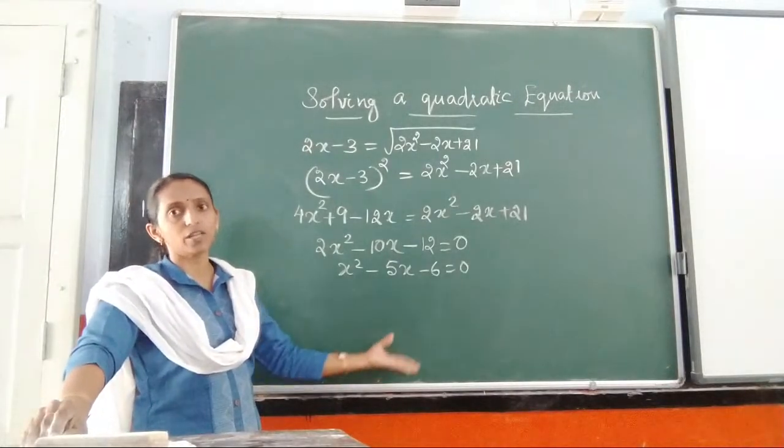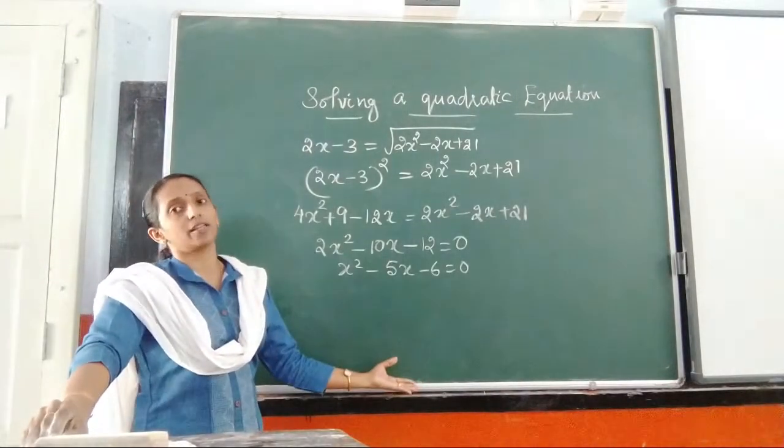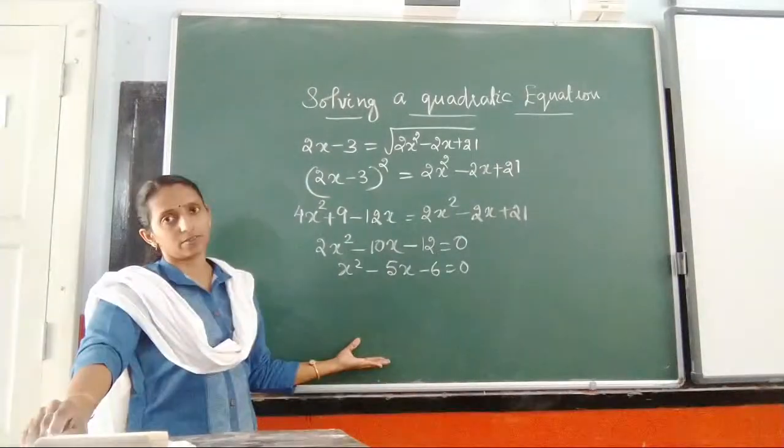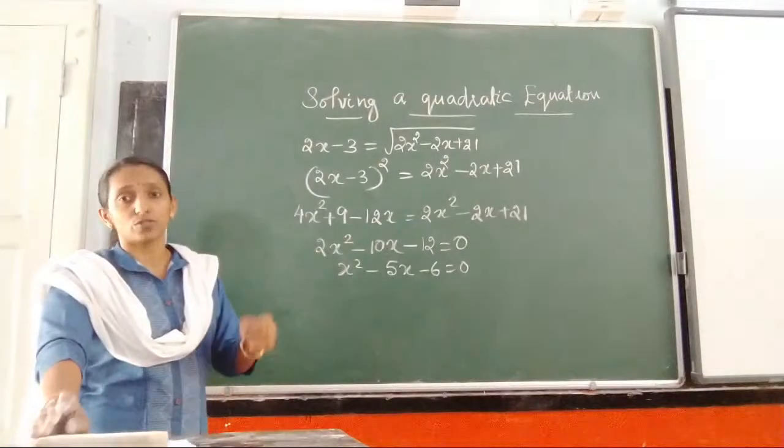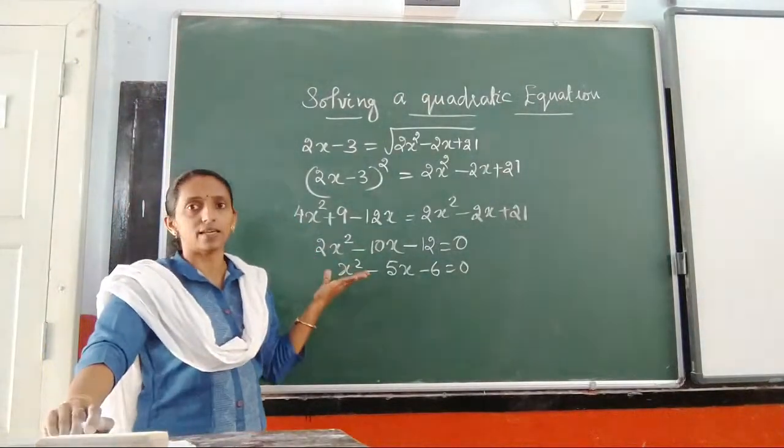Apply the zero product rule, equate it to 0, then find the value of x. Okay, so that's the procedure. That's what I told. If we are finding out the questions, different types of questions will be there related to